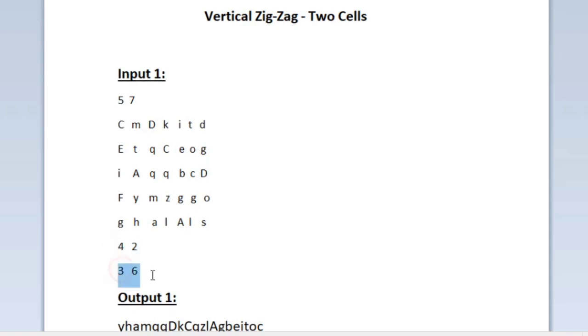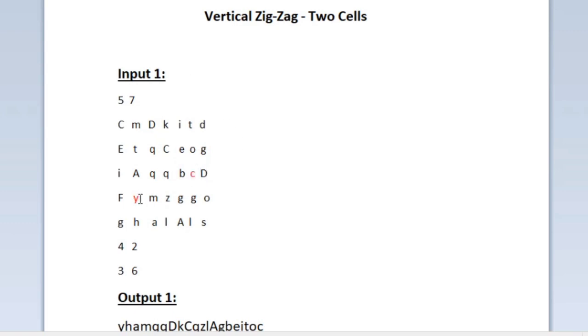Our task is to start iterating from cell 1 and iterate till cell 2. We have to print all the characters in the path. So first the starting cell is C1, so it is present at the index 42, so 4th row second column. So I have highlighted the character that is present at 4th row second column, and now the ending cell is present at 3rd row 6th column. So the character present at the 3rd row 6th column is the character C. So I am highlighting it in red color.